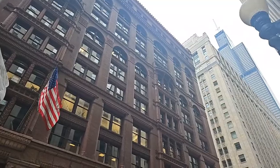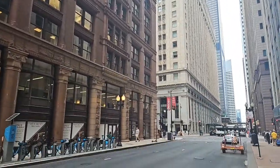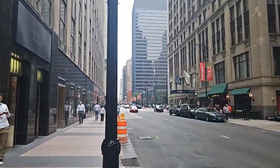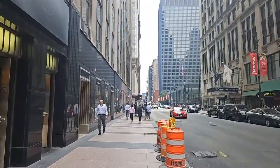There's the Sears Tower. Look at that. Yeah, get your Divvy bike right there. So we'll head towards Berghoff's. We'll get vistas to the